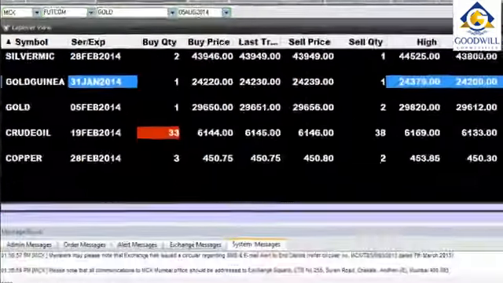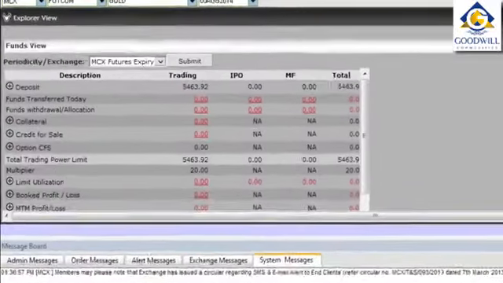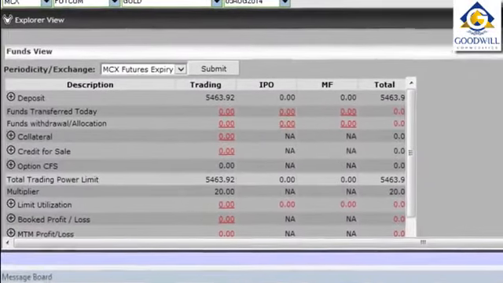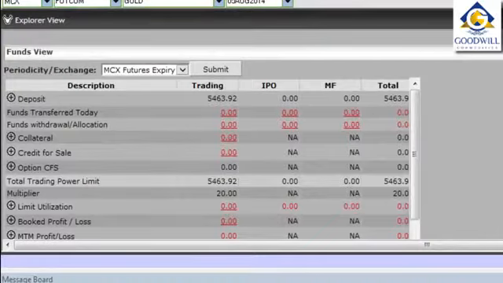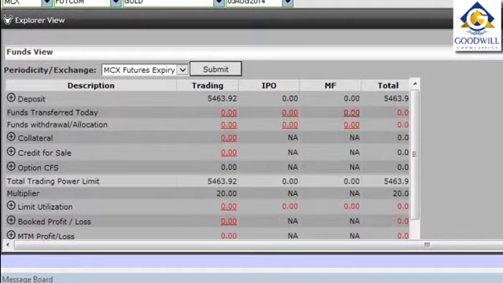Just click on the fund view. In this pop-up window, your funds details are provided. The top one is the deposit, whatever you have in your trading account. You can see the total. In this particular case, the deposit is around 5,463.9. If you are taking some margin funding, some limit or exposure, it will be mentioned in this particular area